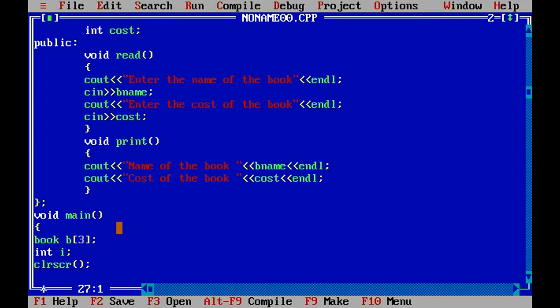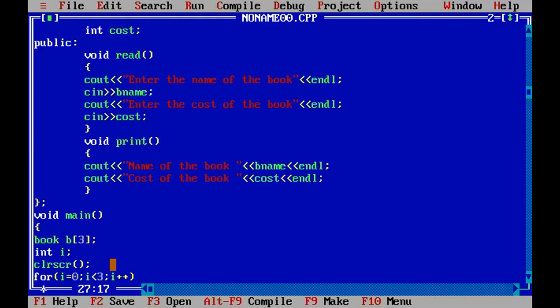So I have created this I as an index. Now I'm going to make use of a for loop for I equals 0. Since I need to store the information of 3 different books, I is less than 3 and I plus plus.